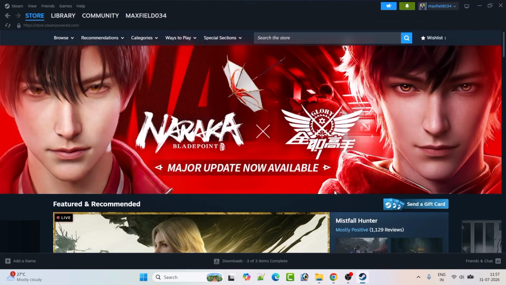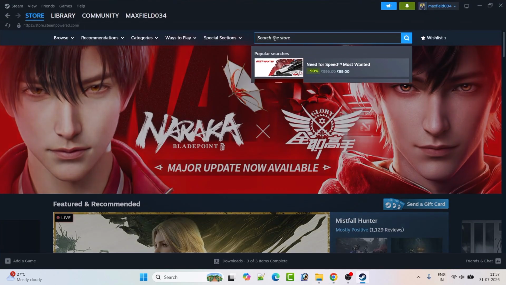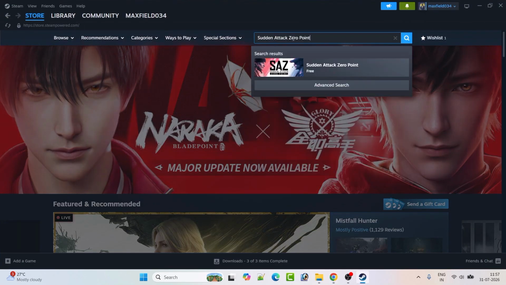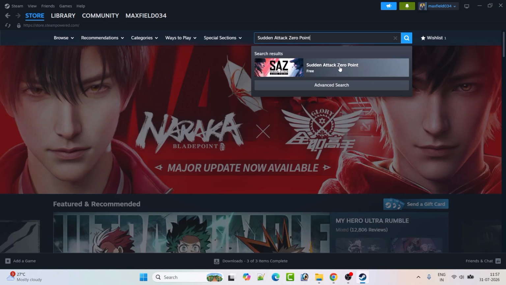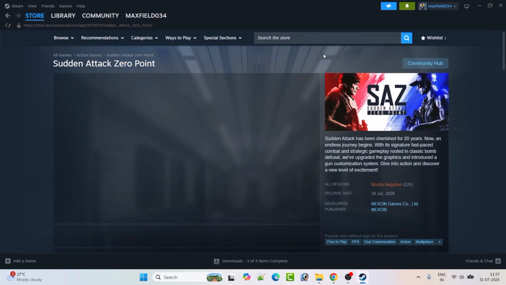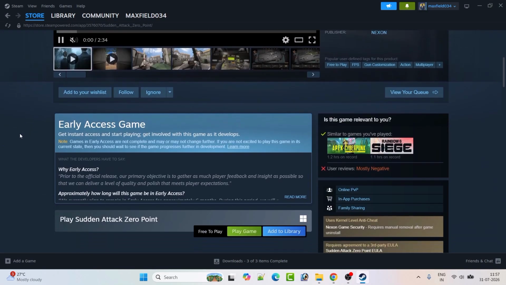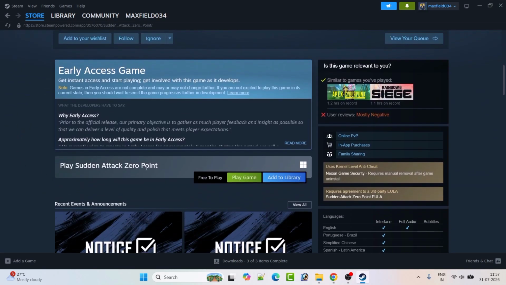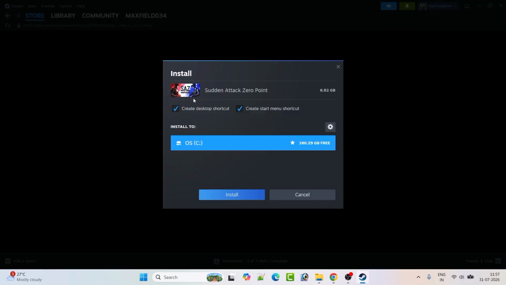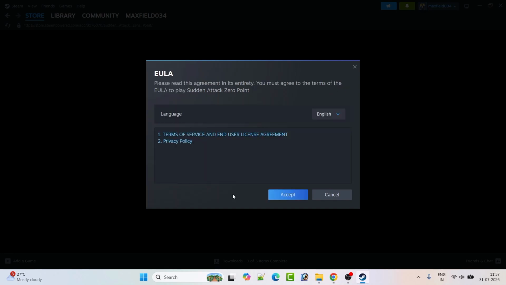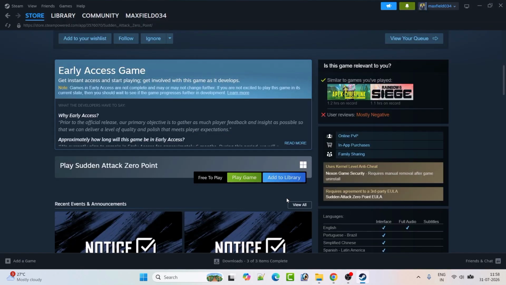So open Steam, go to the store, and in the store search for Sudden Attack Zero Point, and then click on Sudden Attack Zero Point game. Scroll down and here you will see play Sudden Attack Zero Point game, free to play. So click on play game button, and here you can see Sudden Attack Zero Point game and the file size is 6.82 GB. So click on install button, read this EULA terms and conditions and then click on accept, then go to library,